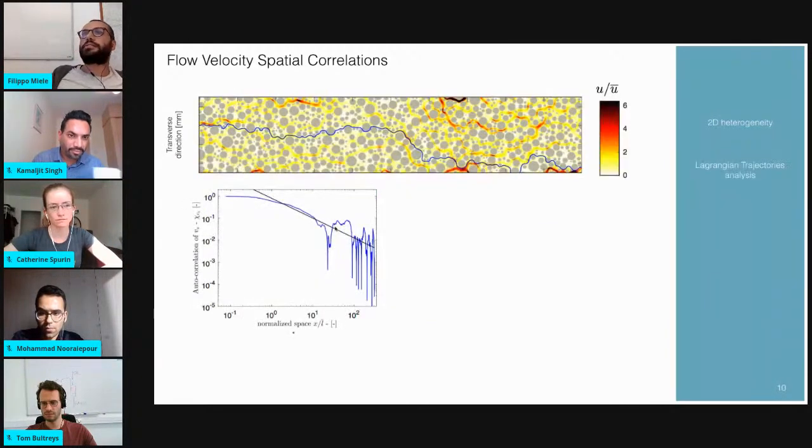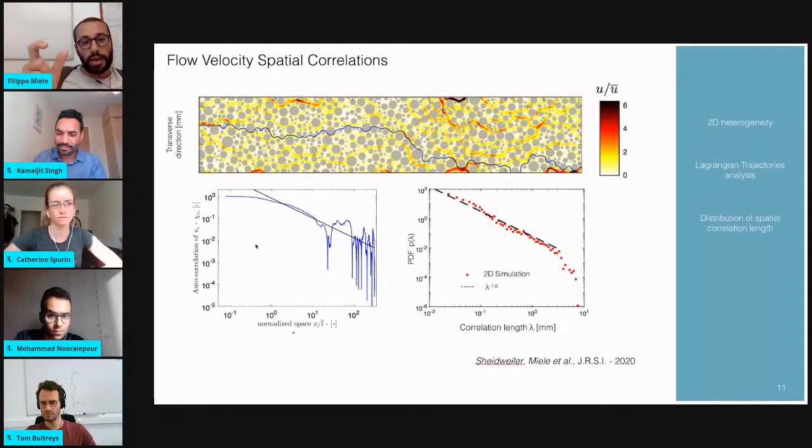Now, solving the Stokes equation, we have the flow field here represented by the color map. Simulating a 2D Lagrangian trajectory, we saw that for this case the velocity exhibits a strong spatial correlation, as you can see from the detailing of the autocorrelation function of velocity. Now, if we define a criterion to measure such spatial correlation, is it possible to build the distribution of such